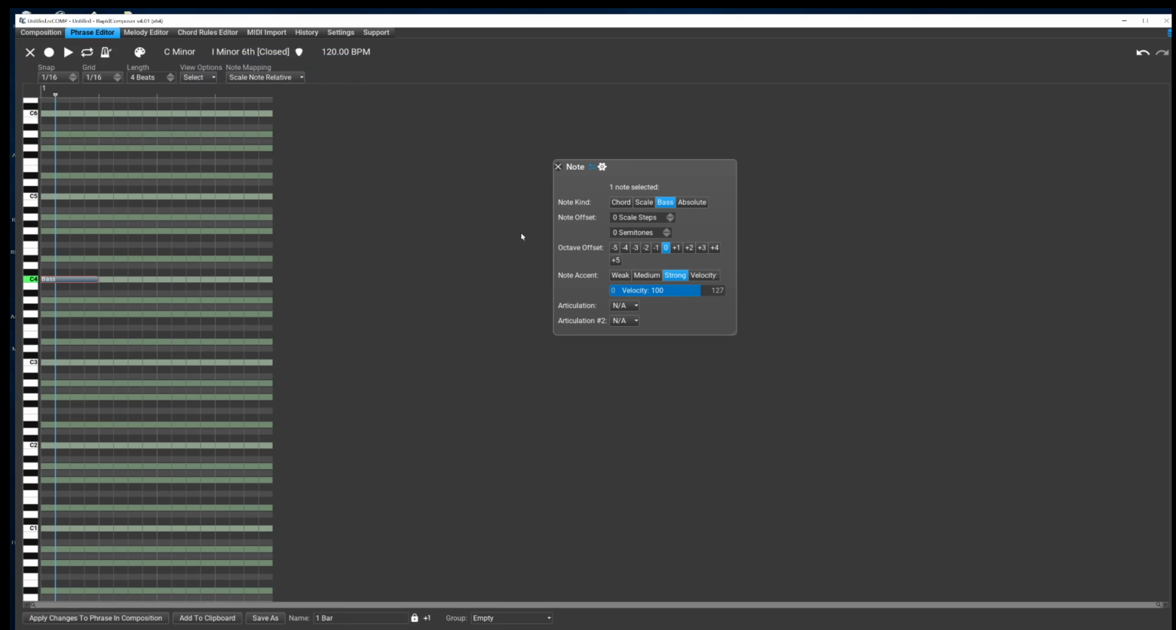So that's, in a way, the bass note, we can get the same result by clicking a scale note relative and just selecting the number 1, the first degree of the scale, right? And then of course absolute notes, there's no mapping at all. So if I hit C and I make that an absolute note,